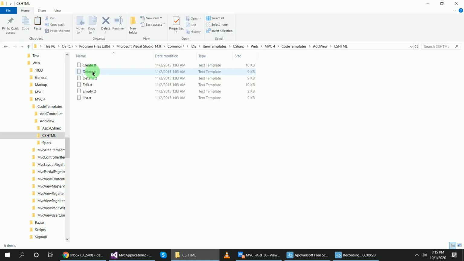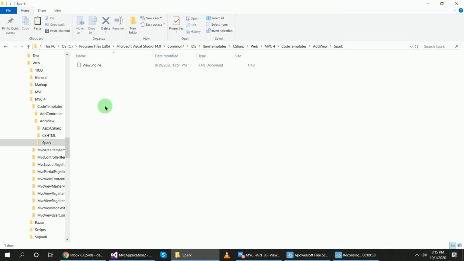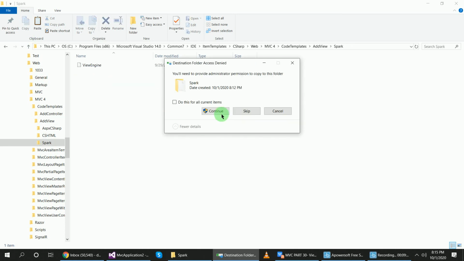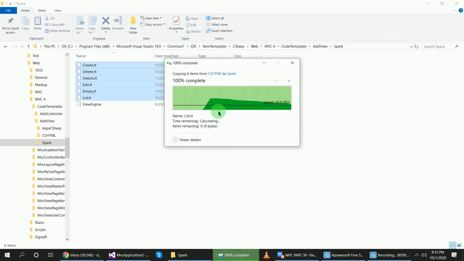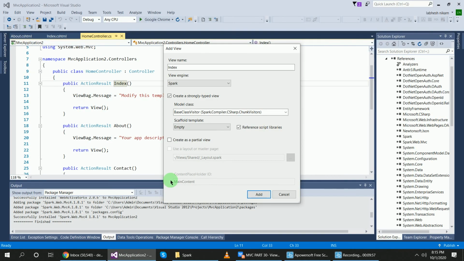scaffolding templates like this. So let's Control C and paste here. Okay, let's see what happens.